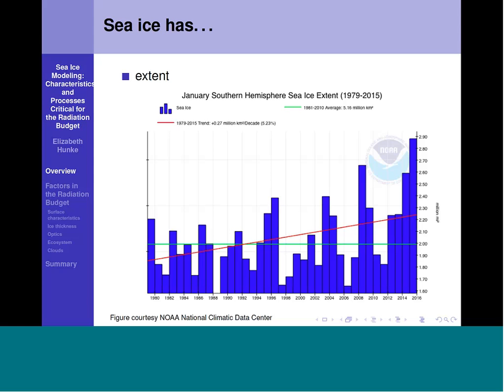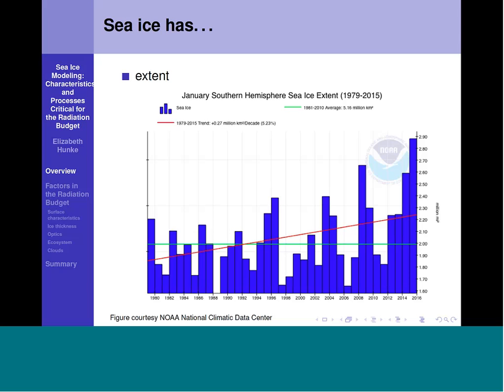Last month we saw the highest January Antarctic, or actually it was in January, not last month, this is March. We saw the highest January Antarctic sea ice extent on record. We don't understand what's driving these changes in the Antarctic, but in January the increase in sea ice extent seemed to be caused by stronger winds from the south, expanding the ice northward. As the ice becomes more expansive in the south and melts back in the Arctic summer, the global radiation balance is changing.